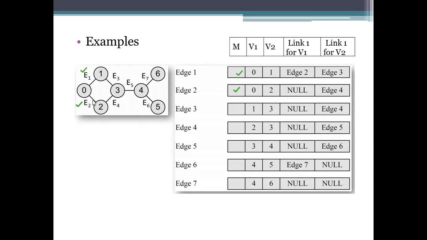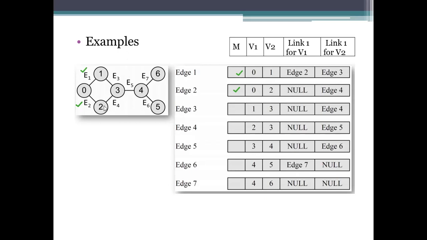We have edge E1. First we need to see whether it is a visited one or not. Since it is marked, we won't record this edge, and we specify it as null here.